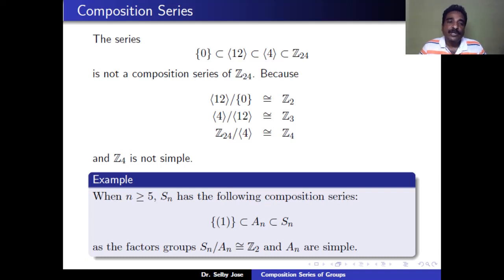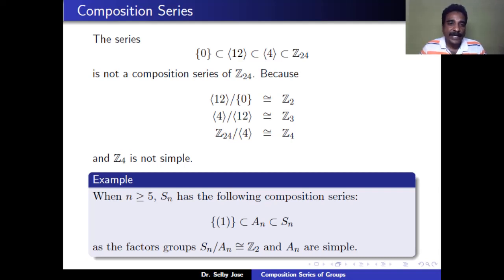When n is greater than or equal to 5, Sn has the following composition series: the identity, that means the subgroup which contains only the identity permutation, which is contained in An, which is contained in Sn. In the last session, we have seen that A5 is simple. So in fact, by the same argument, we can prove that An is also simple if n is greater than or equal to 5. So An is simple, and An mod